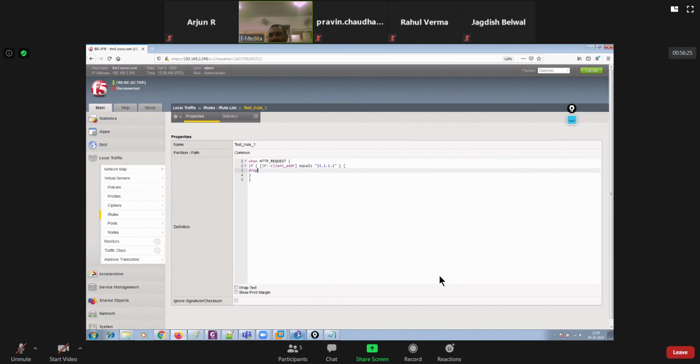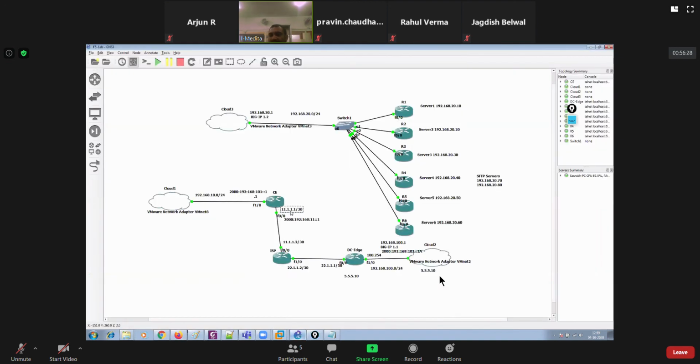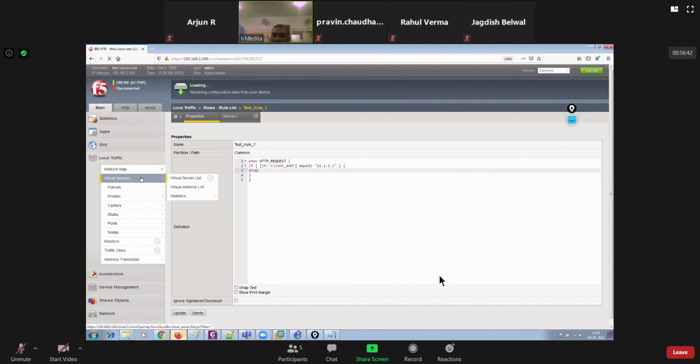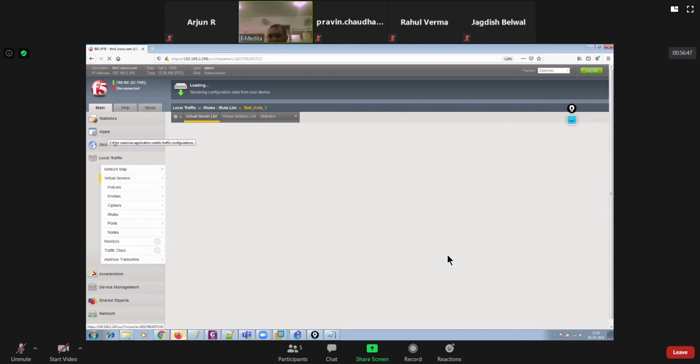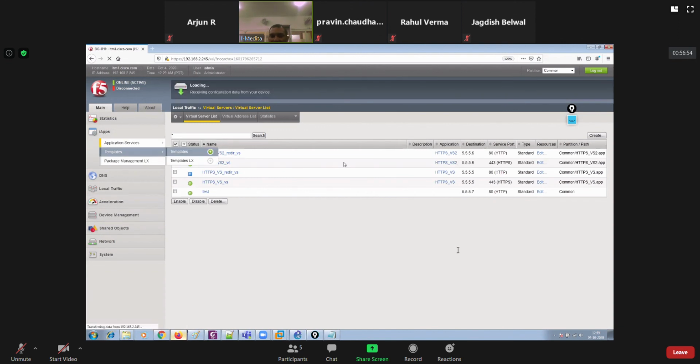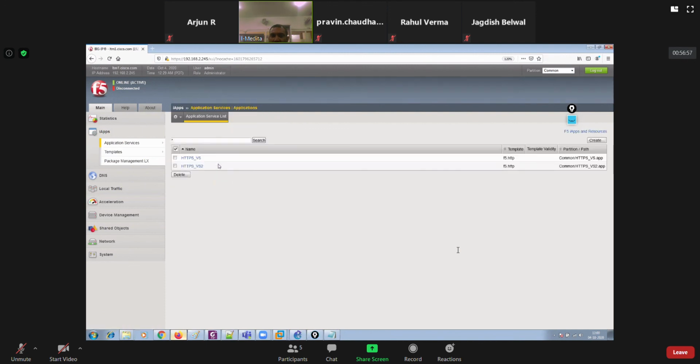You know that my client will always come from this public IP itself, since NAT is configured on the customized router. So let me go back to my BIG-IP and to the virtual servers that I'm utilizing here. I have to attach this iRule to that virtual server. Because I created my virtual servers using iApp, I have to go back to my iApp. So now go to iApp application services, and here I have the HTTPS virtual server.